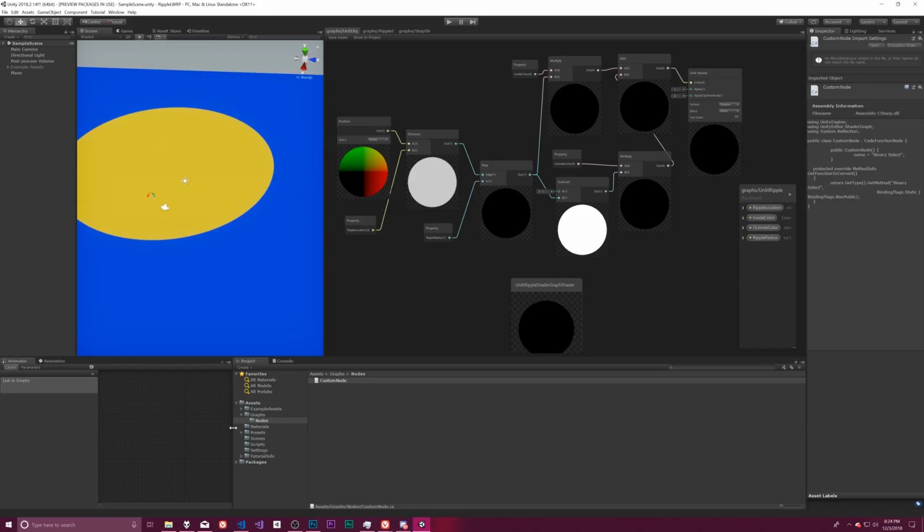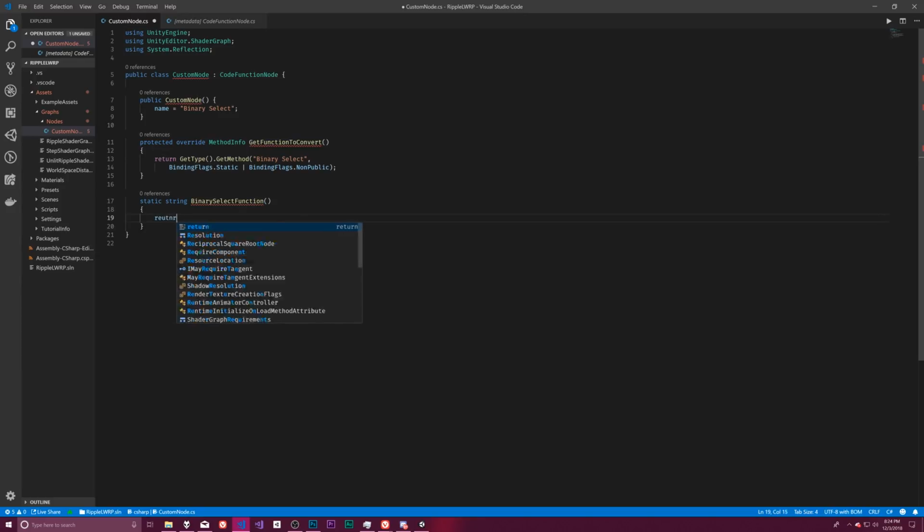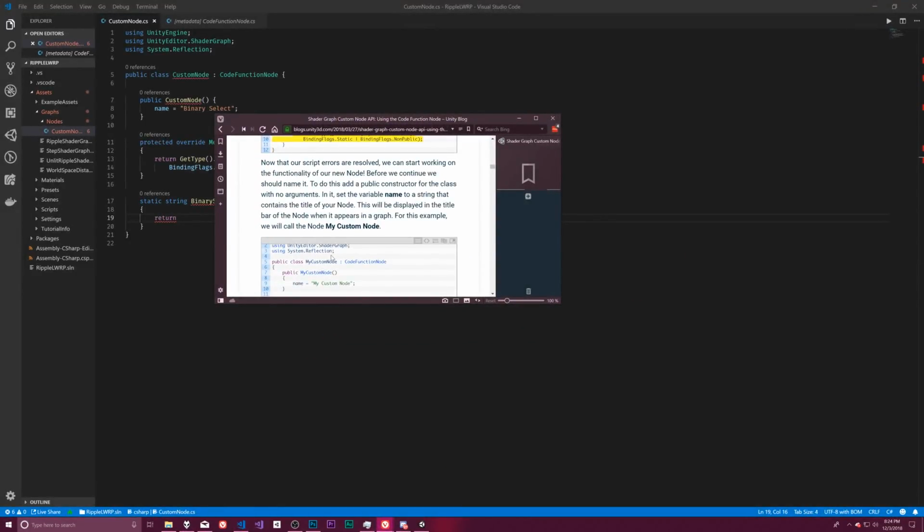It looks like the next thing that you need to do, which seems like a weird pattern, they use static functions. So this object then defines a static string, it looks like, of the binary select function, for example. And what this is going to do is return a string. And to the best of my knowledge, I haven't read this blog post or done any of this, but to the best of my knowledge, what they mean when they show,